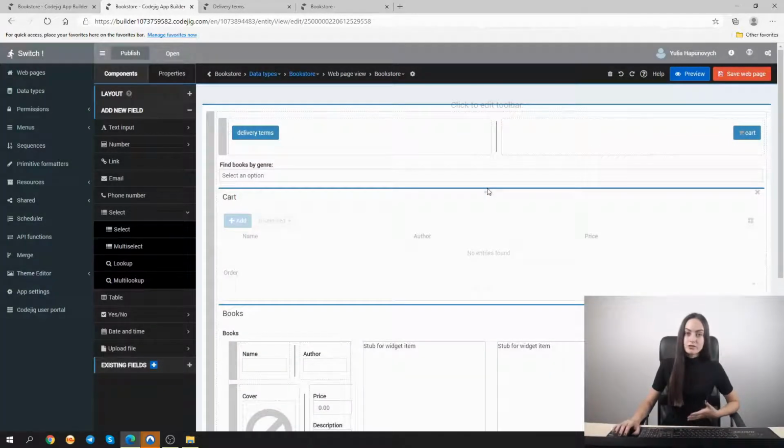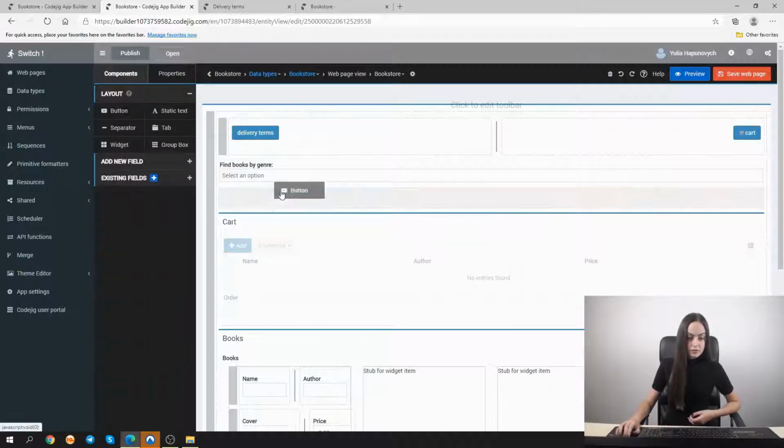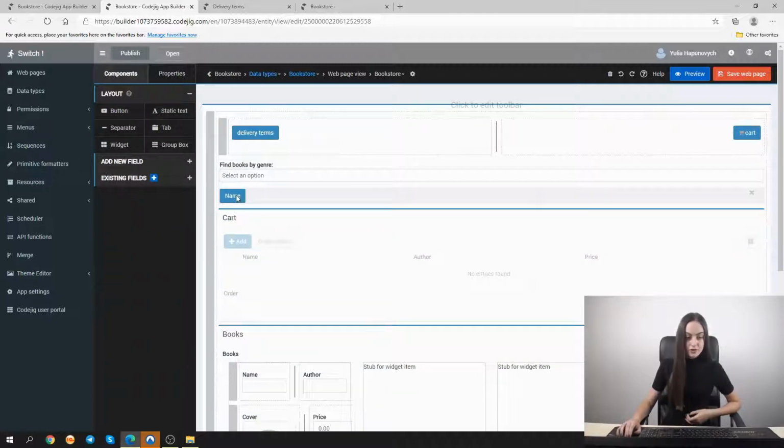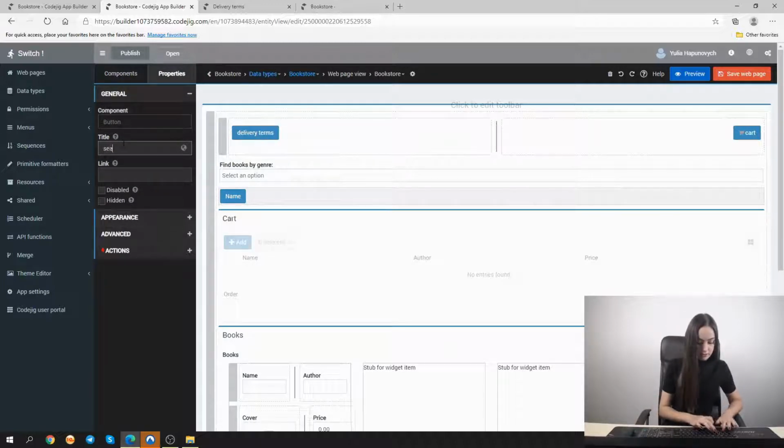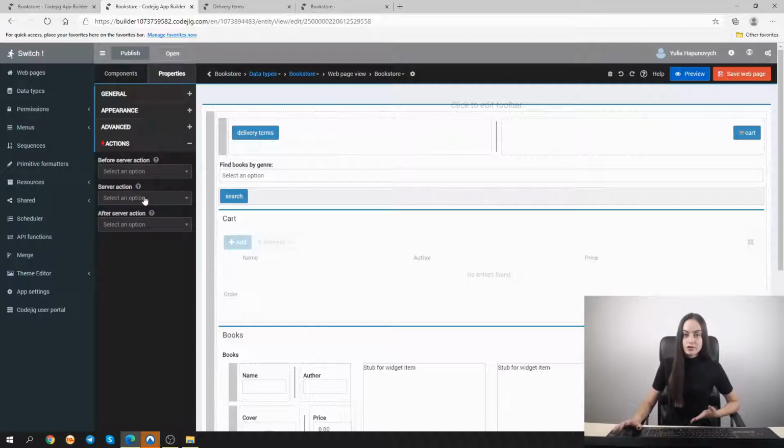So after the user will input some selected genres, we'll also need to perform the action of search, and for this we add a button. Let's give it the following title, which will be search. And now we can save our page and go to adding a new action on click on this